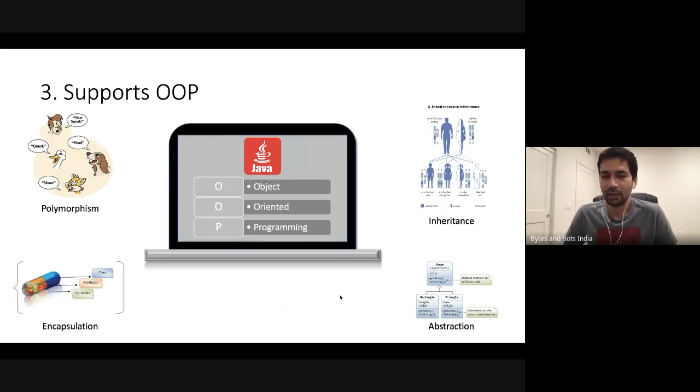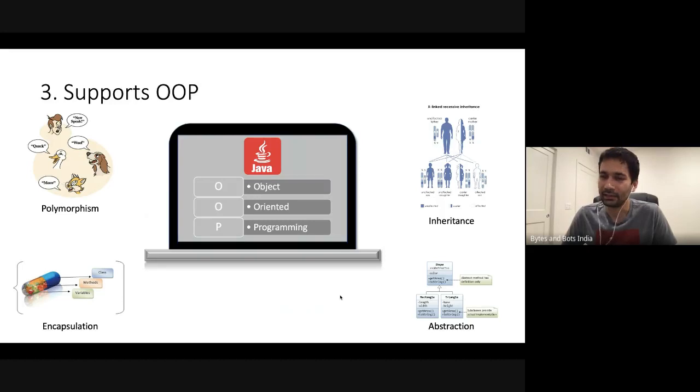Inheritance, as we all know, is like kids inheriting genetic information from parents. Parents inherit from their parents, and so on and so forth. So what inheritance is, is getting some qualities as a gift from birth, right?